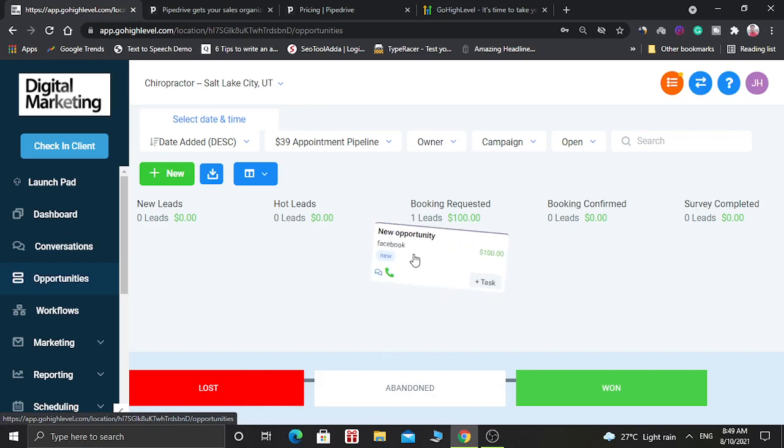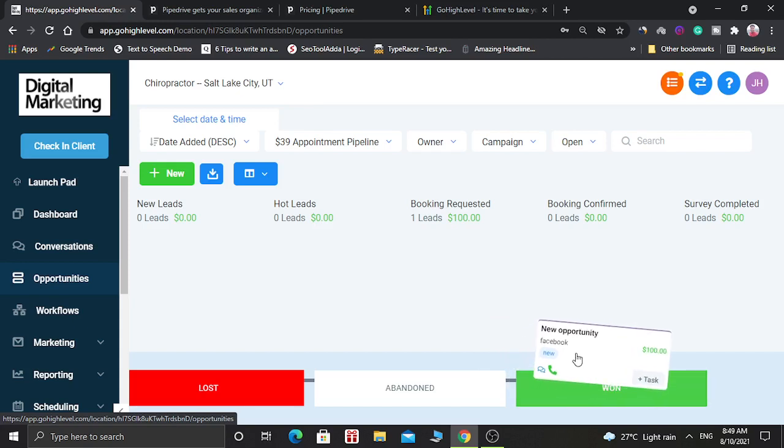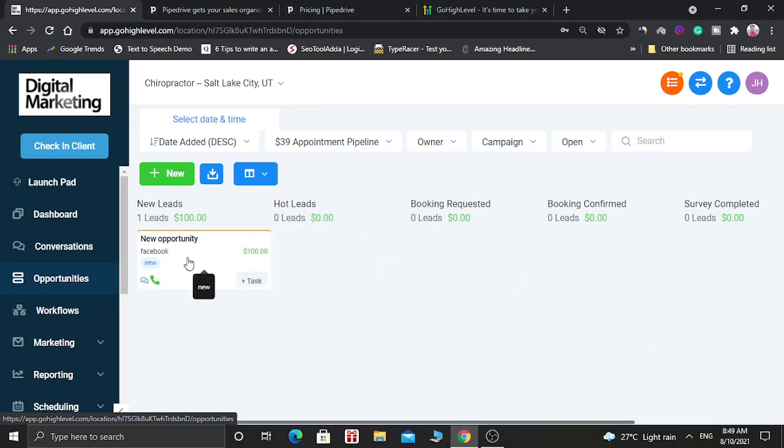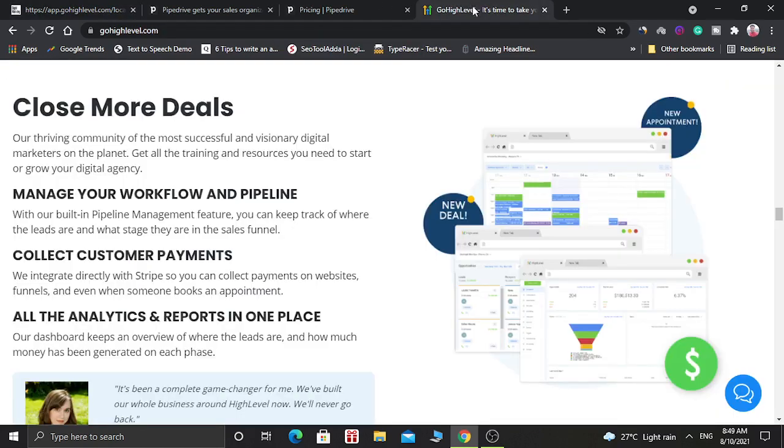And if this opportunity or this lead has bought from you, then you can put it into the won section, or if it doesn't want to do anything, then you can keep it in the abandoned section. So this is how Go High Level works with pipelines.